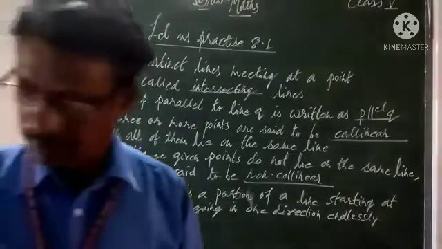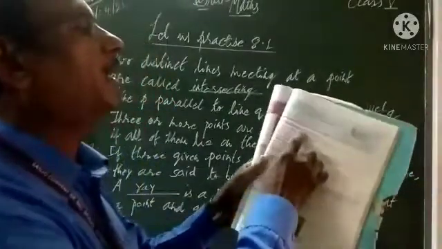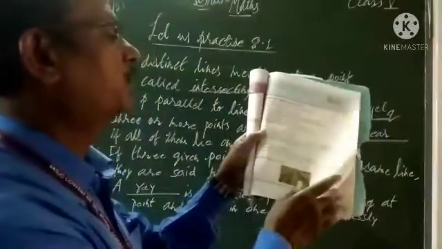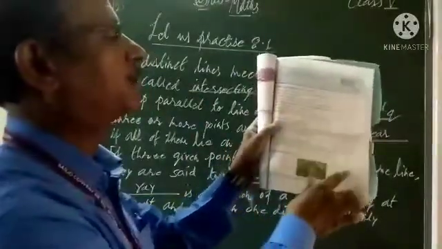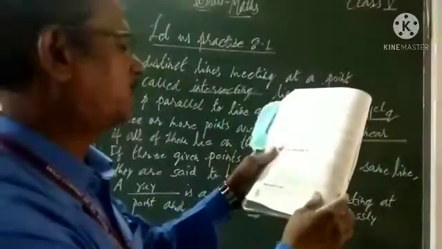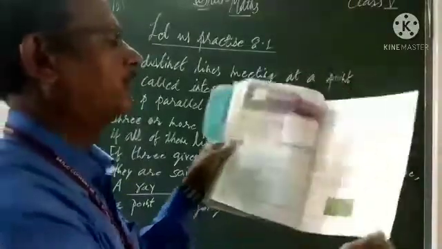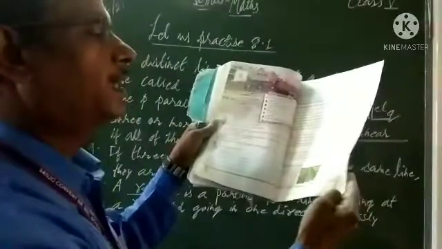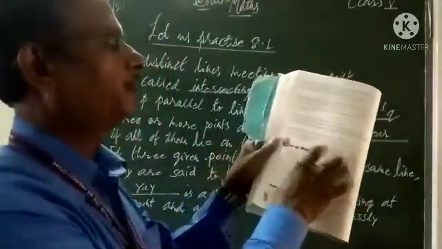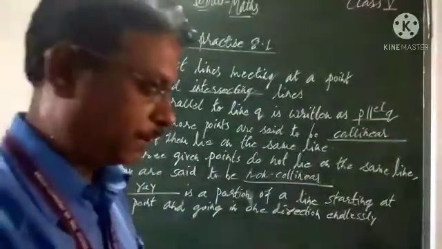Now today I will explain from here, page number 311. Points, line, segment, line and ray. These things you have to note down in your notebook. This will be homework for you. Just as it is, you have to write down. This page also: page number 312 up to half line. A ray is also called a half line. Already we have completed Practice Set 8.1. No need to write it if you have already written it. So that will be homework for you.